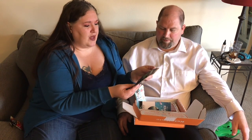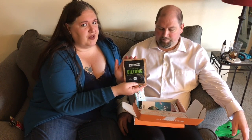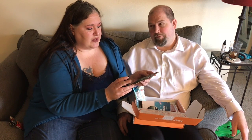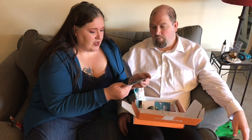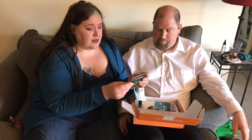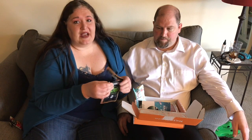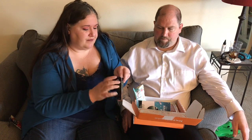Next is a Yoyo traditional Biltong, and it's tender cuts of premium beef. And it says that it's got 16 grams of protein and that it's sugar-free, 90 calories per container, no carbs, and it very strongly specifies that it's not jerky, so I'm not sure what the distinction is, but